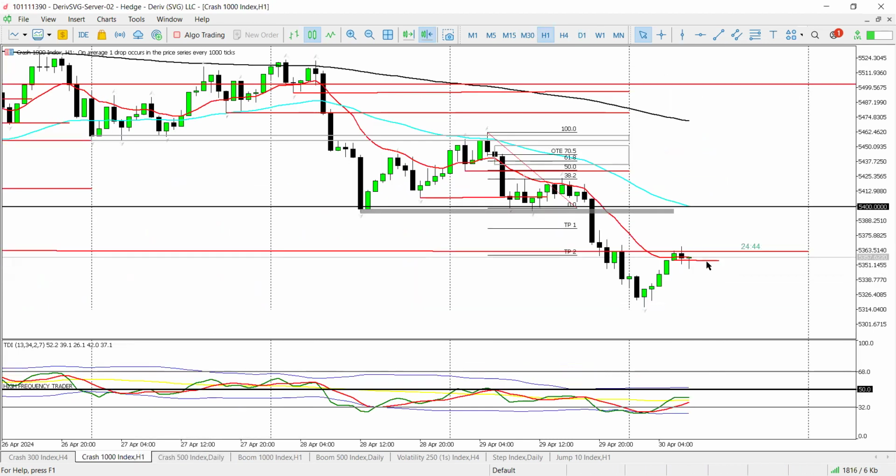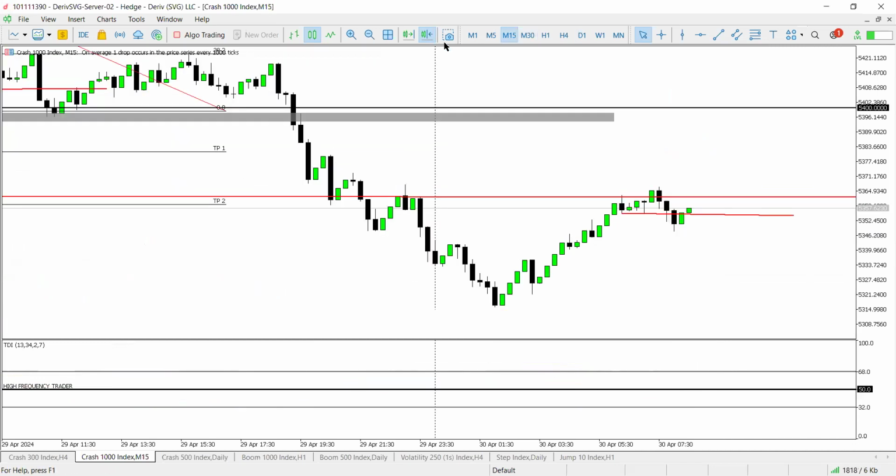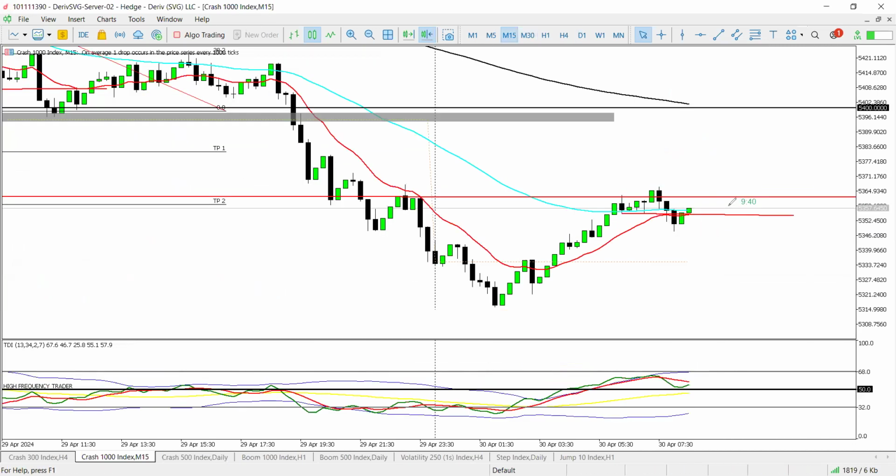C1000, we had sold one position, and we'll just see how it plays out. Our stop loss is just above today's high. So we only have one runner here. The reason we have one runner is because we're still not sure if price wants to just bounce off here and push up. Otherwise, from current market price, they might still want to come up to this level. So we can consider sells around